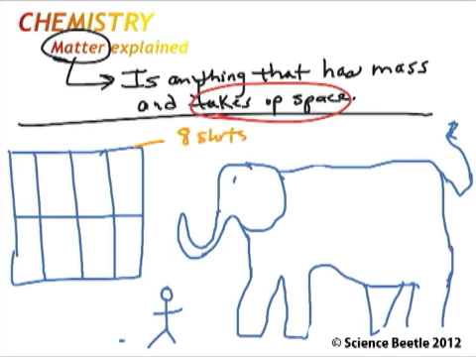And so essentially what I want to do is I kind of want to show the differences in terms of the size of each of these 3 objects here, or these 3 organisms, and kind of explain what takes up space is. So if I were to take the ant and I were to put it in here in the first box, essentially what we would see is that the ant takes up that much space. It's a very tiny amount. So the first thing that you can see is that you could put a lot of ants in this container here, and you can fill it up tightly, and essentially you can have a lot of ants in there, right? Well, let's just say that you're able to fit 100 ants in